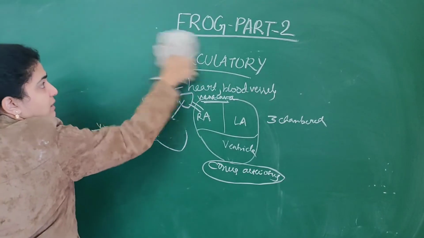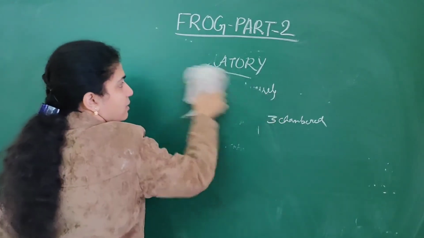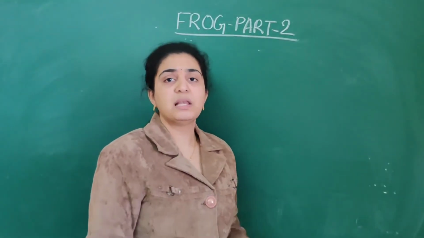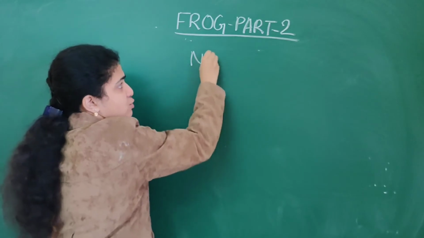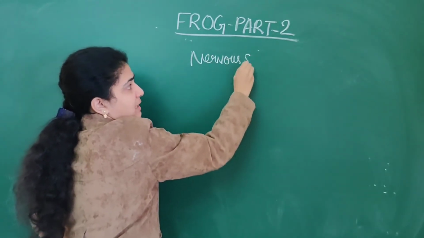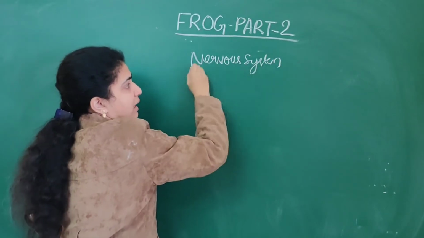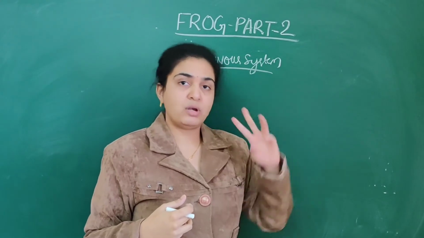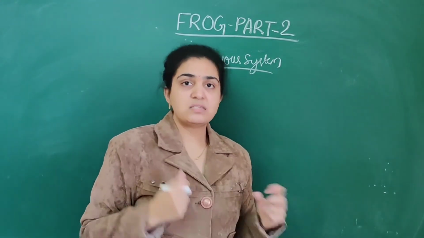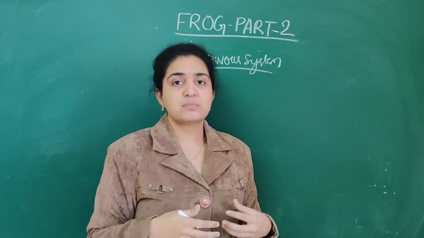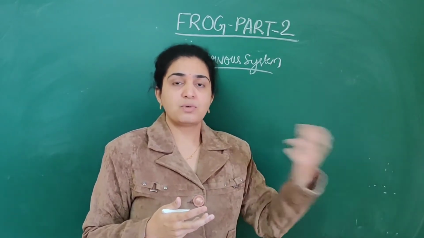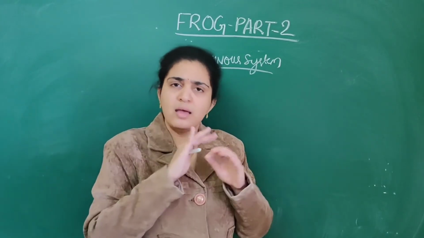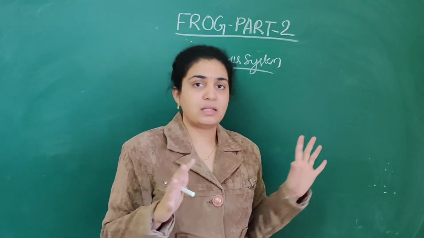Nervous system. In the frog, the easy thing to remember is that everything is similar to human beings only. Like how the circulatory system is the same, only a 3-chambered heart instead of 4-chambered. The digestive system is similar. The excretory system is similar, kidneys are present. Next, the respiratory system: for us only lungs, for them lungs as well as skin. Everything is the same like our human beings. Like that you can remember.